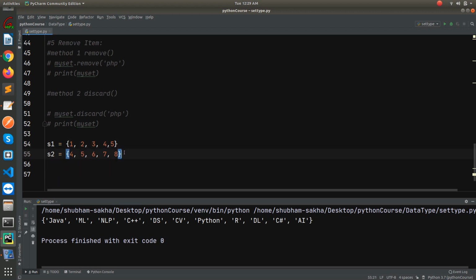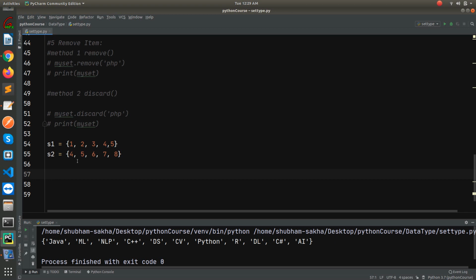Now we'll try out the math operations. Before discussing that, let me draw out the sets which we have studied in our 10th standard or 12th standard. So suppose this is our set 1 and this is our set 2, and our values are written here, 1, 2, 3, 4, 5.